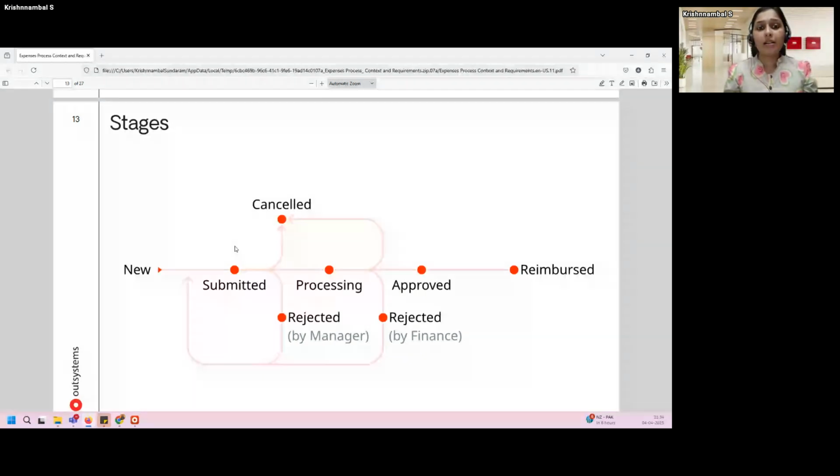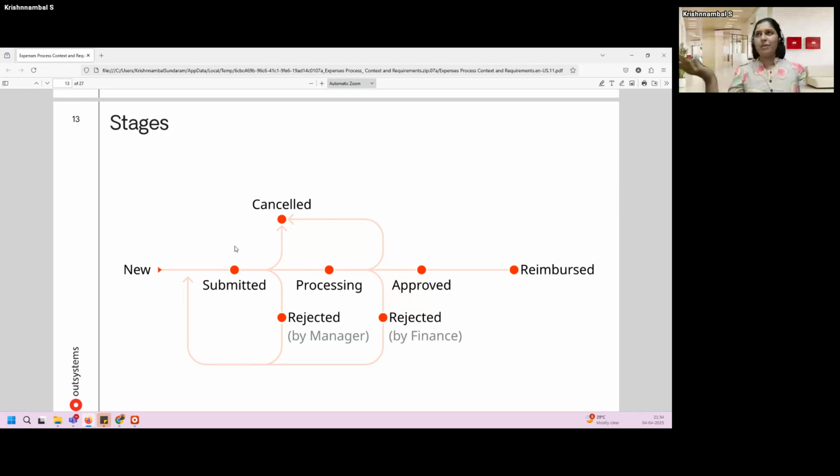Maybe if I had raised the request incorrectly or accidentally, then I may have to cancel the expense report. So if the expense report gets cancelled, then none of the upcoming activities have to happen, plus none of the existing activities that are happening, for example, an automatic activity running for background validation or verification, or one that awaits a human activity with the manager. In those cases, all these activities have to stop, because the expense report is cancelled.